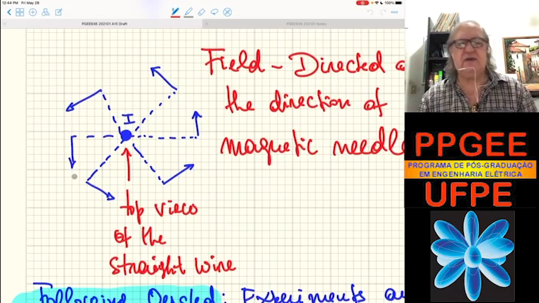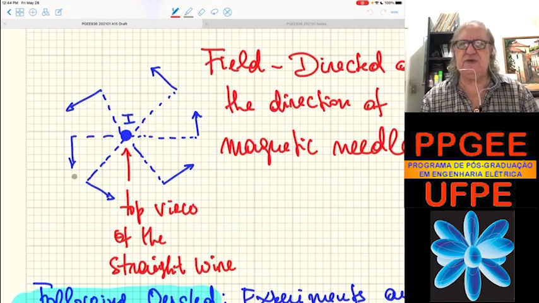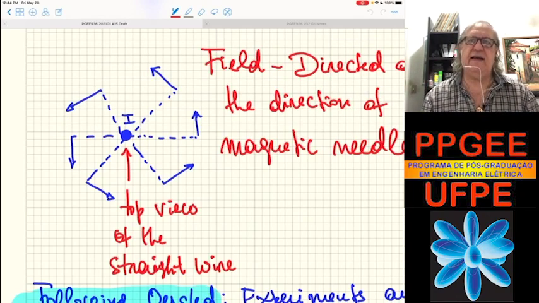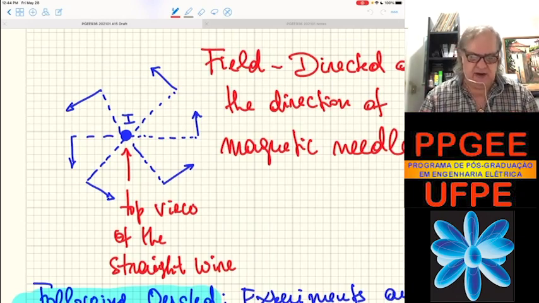So this was the first real evidence. I mean, there was prior evidence, as I mentioned, due to natural discharges magnetizing pens and forks and knives. But this was a more laboratory observed experiment in which you would see the magnetic needle really be affected by a current carrying wire. Okay,